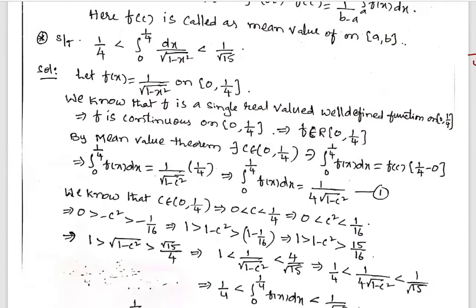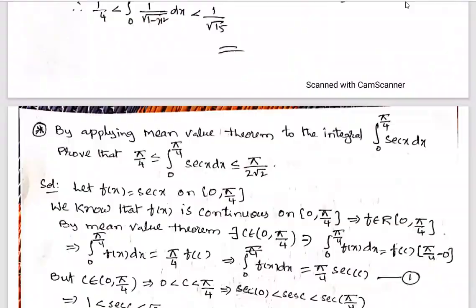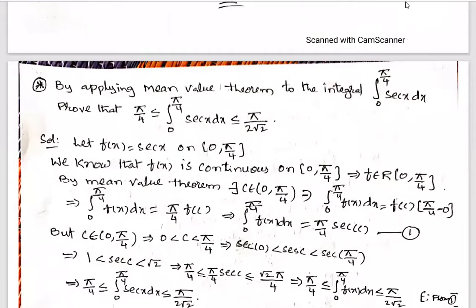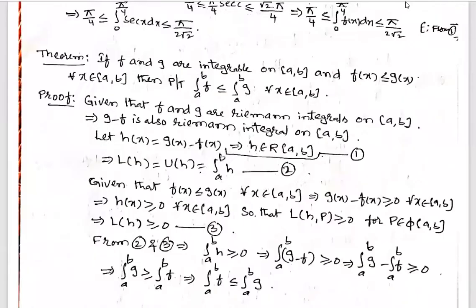So what is this one? 1/4 is less than the integral from 0 to 1/4, where that entire thing is f(x) dx, which is less than 1/root 15. What is f(x)? In place of c, just put x. So you'll have 1/4 less than the integral from 0 to 1/4, the last step. This is the required answer. In the same way, you can try applying the mean value theorem, then find the integral. You can write this. And the next theorem is,